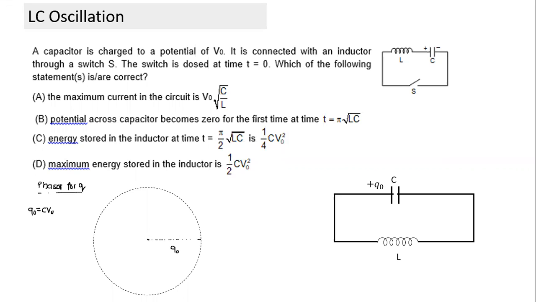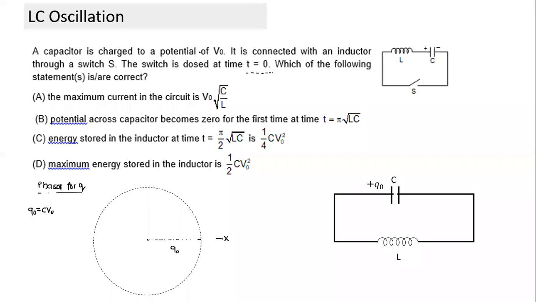Now tell me, what should be the orientation of the phasor, or from the x-axis, what angle should the initial phasor make, Karthikeya? What angle should the phasor make? What is the initial value of charge here? At time t is equal to 0, do we know what the charge is, Karthikeya? What is the charge at time t is equal to 0? 0, sir. Charge on the capacitor is how much?